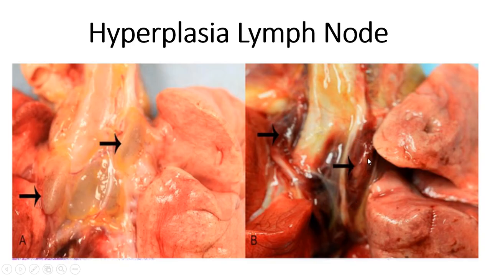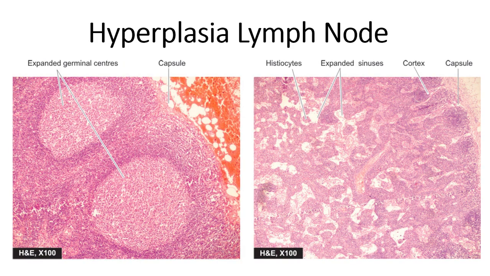So there is increased size of the lymph nodes here. Lymph nodes are usually filled with leukocytes, with lymphocytes and also macrophages. So if there is increased size, swelling like this, it is usually related with an increased number of lymphocytes or macrophages inside the lymph nodes. So increased number of cells means hyperplasia. So this is the histopathological or microscopic characteristic